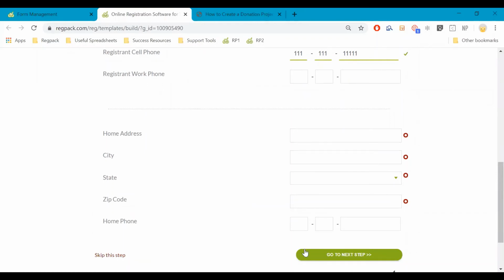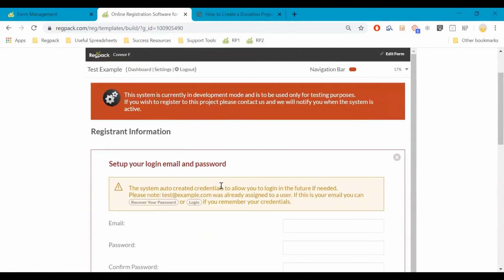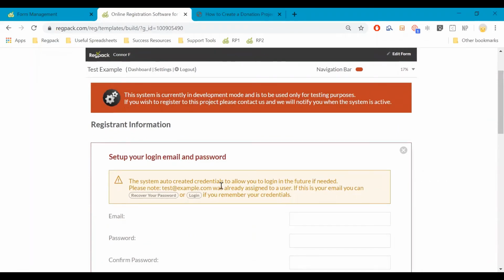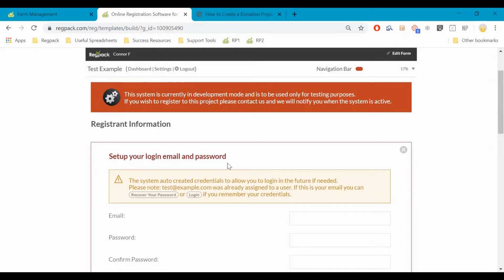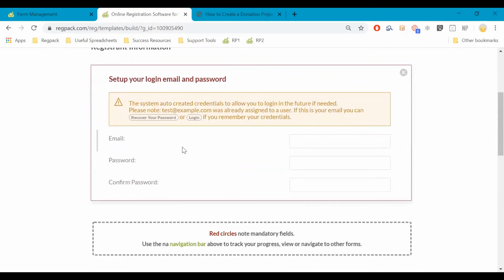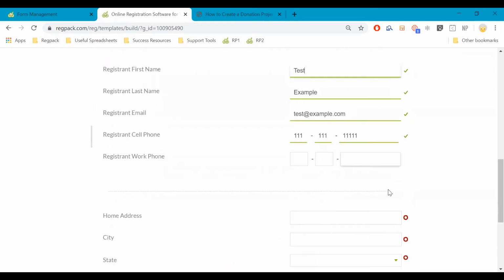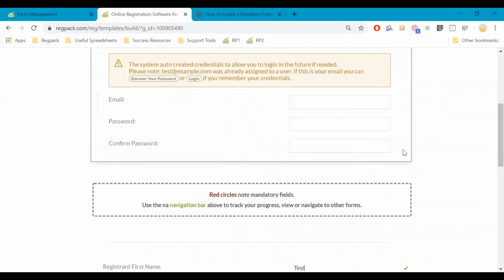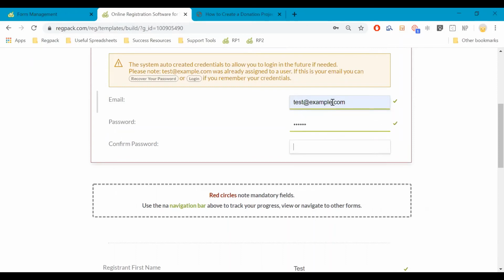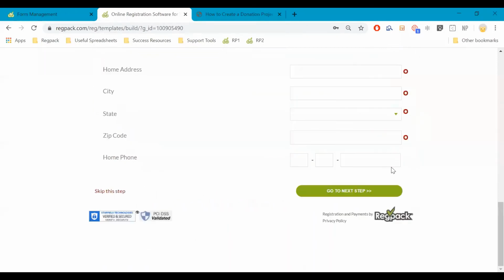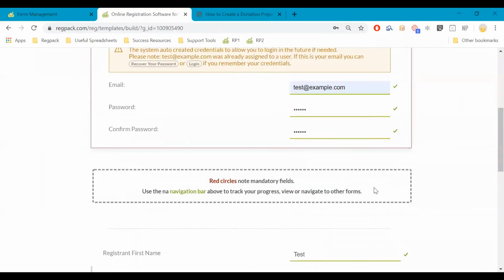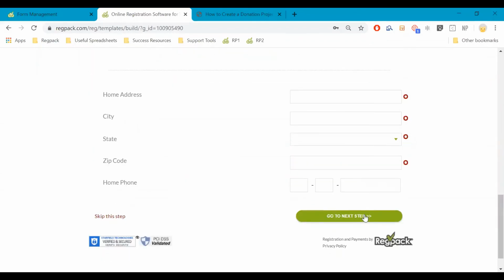But for right now, this is another option that you'll have, whether or not there's a roadblock if they have required fields filled out or not. So as is the default for an anonymous system in RegPack Flow, you have the option to go ahead and create your own credentials. You can also set up a process where it's going to send an auto-generated default password. So that's a great option to have, a setting if you have it by default where it's going to be creating that account based on